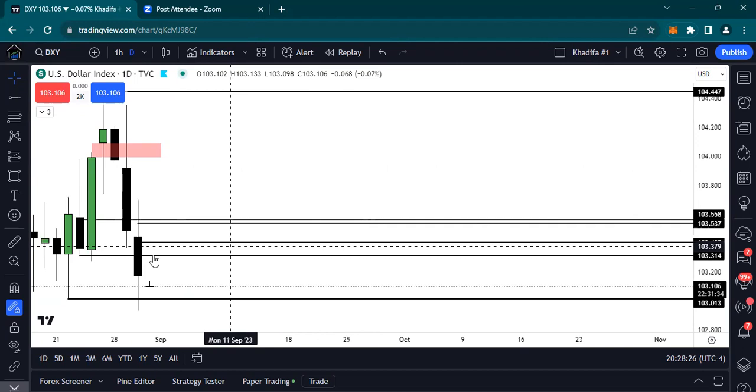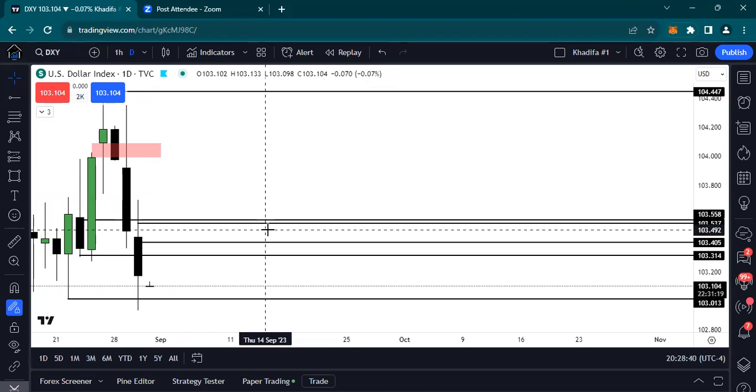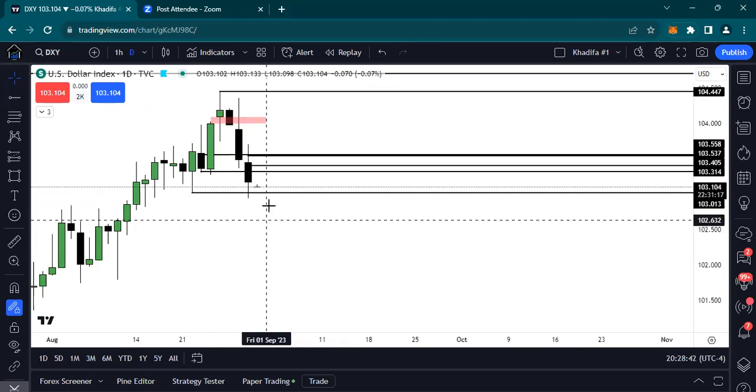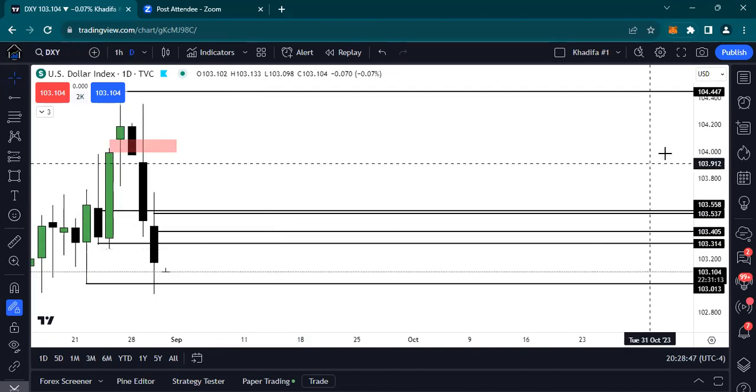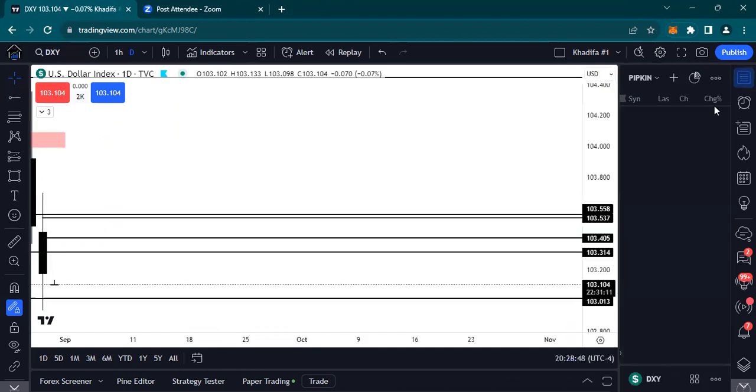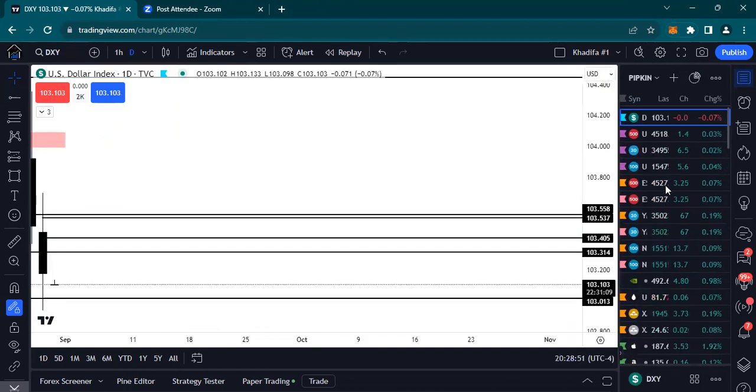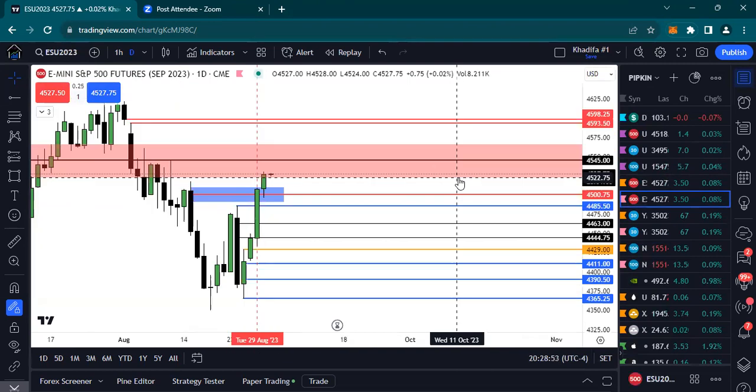Whether we get an aggressive break above this level, or below this sell side liquidity. Then I have more of an idea of what it is that price wants to do. So with that being said, going back to ES,